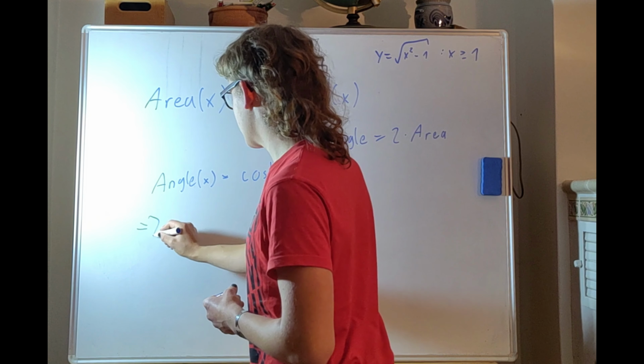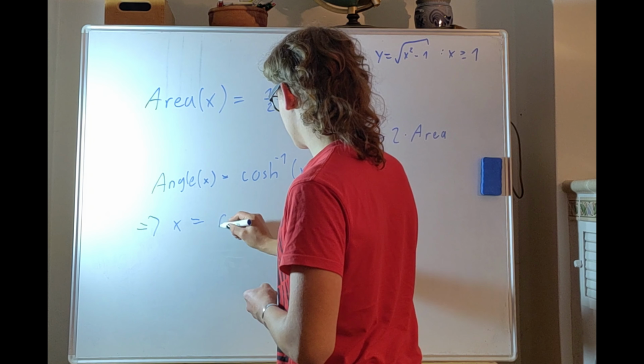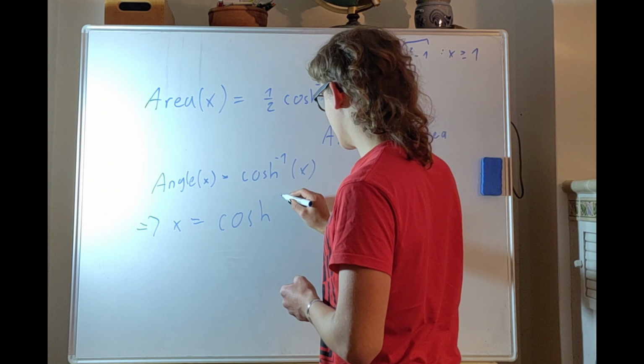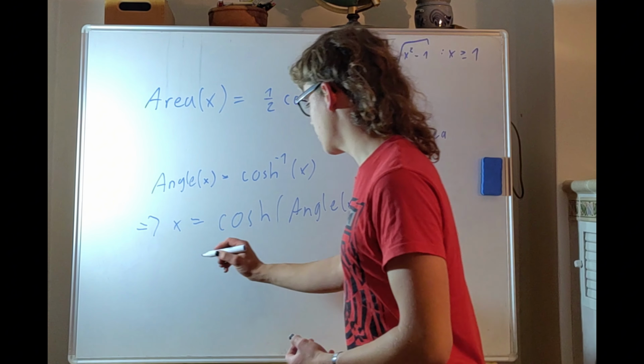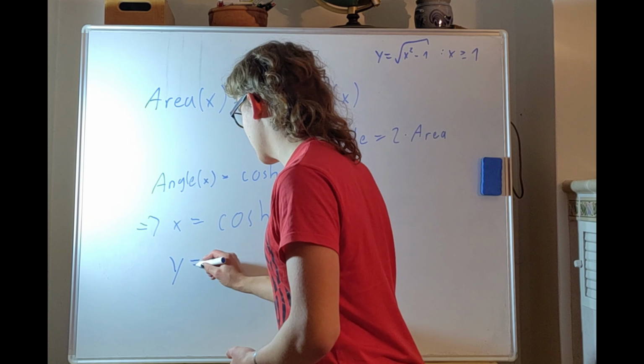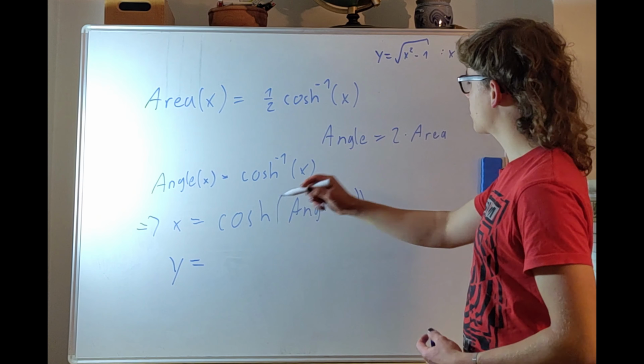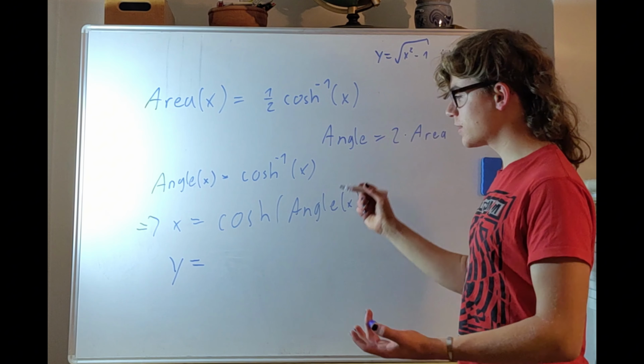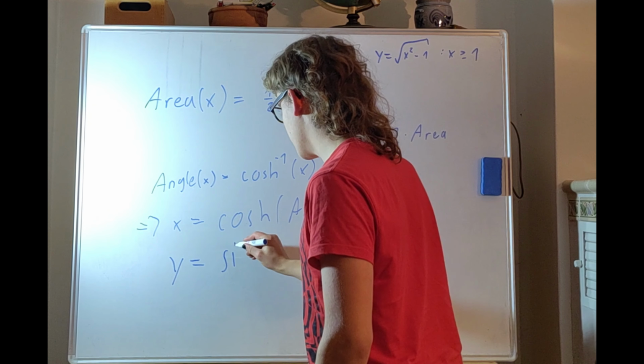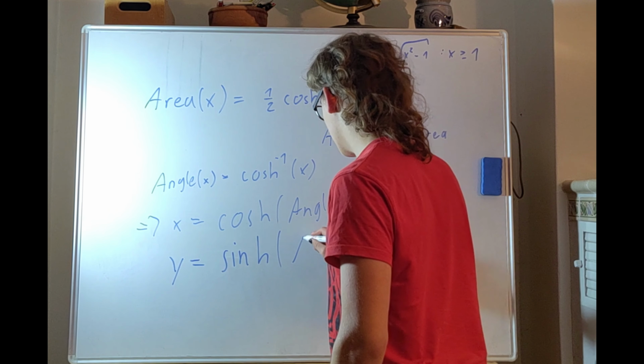So therefore we get that x will be equal to the cosh of the angle. So that's our first result, and our second result is that y will be equal to put cosh into x squared, because that's equal to x, subtract 1, and that's our identity. So this will be equal to sinh of the angle